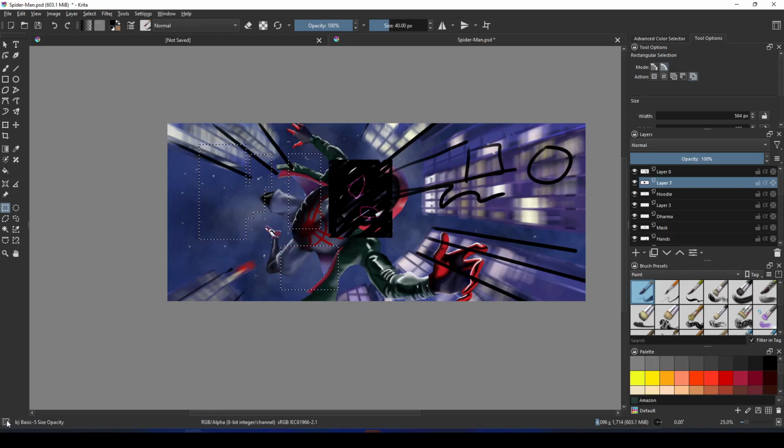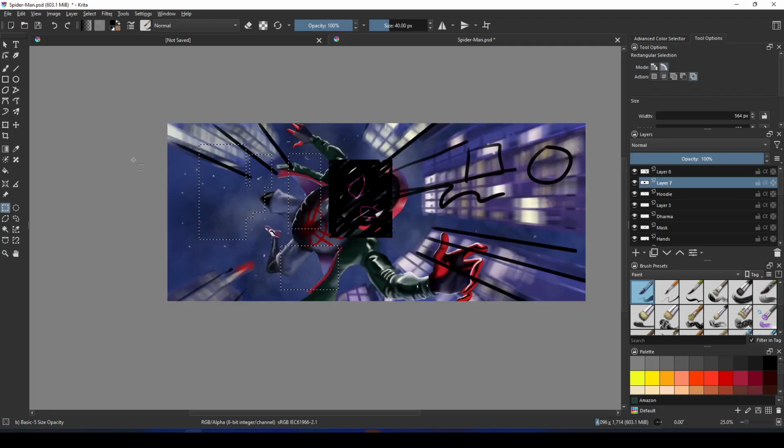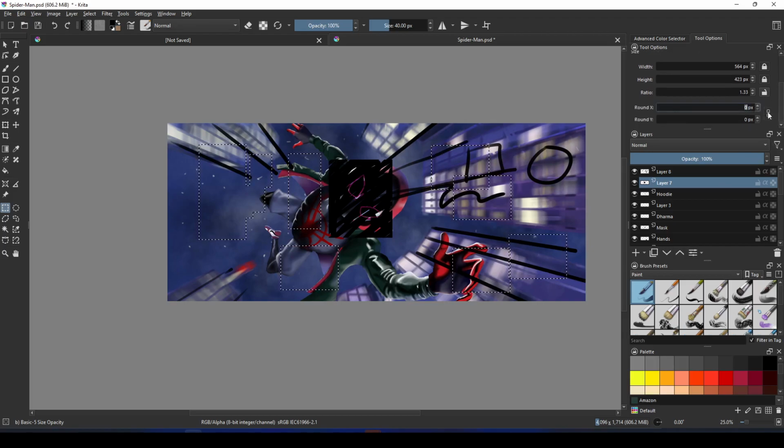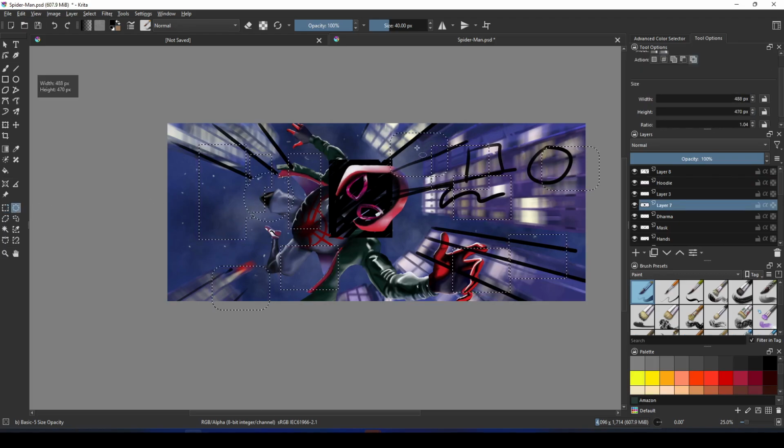There is another method to view the selection by clicking the small box in the bottom left corner. The selected area is shown as transparent and unselected area is shown as red. You can define the height, width or the ratio. If you lock it, now the selection will be as per defined height, width or the ratio. The corners are super sharp and can be rounded by increasing the pixel count of X or Y. The circle selection works in the same fashion and can be invoked with shortcut J.